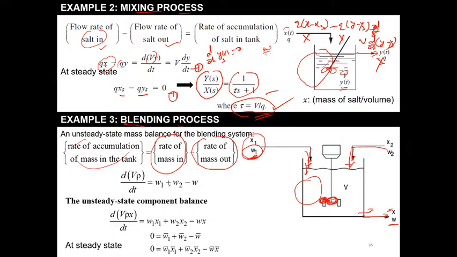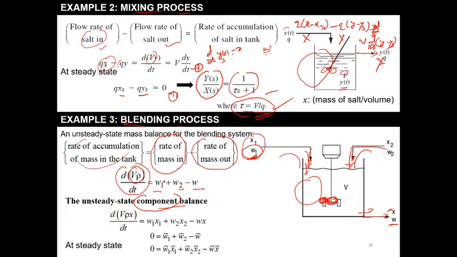So here we write W1 plus W2 minus W is equal to d(V rho)/dt, because the volume is going to change. This is a mass. Simple. Volume into density is mass. Yes or no? So from here you can find it out. So the units are kg per second, kg per second, kg per second, and meter per second. At the unsteady state, if you write it as a component balance, you have to multiply with x,